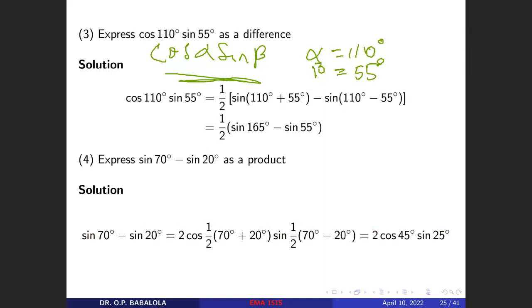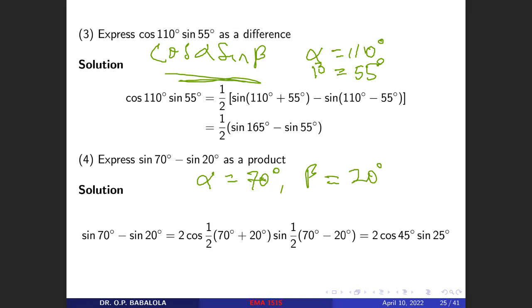Alpha is 70 degrees. Beta is 20 degrees. Okay, so you substitute these values into the same sum and product formula,